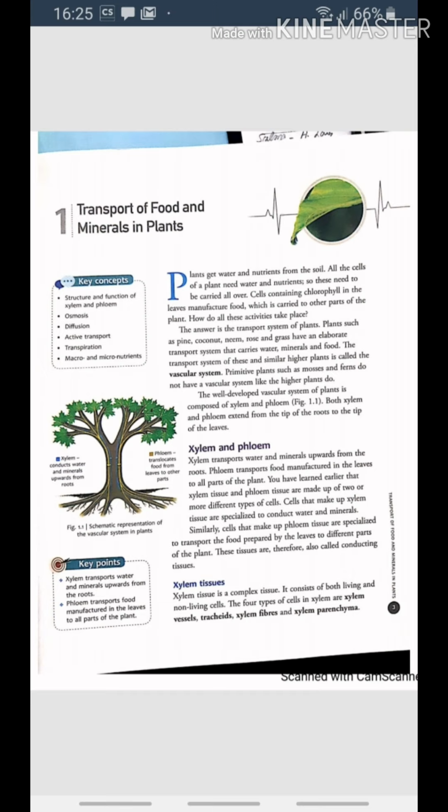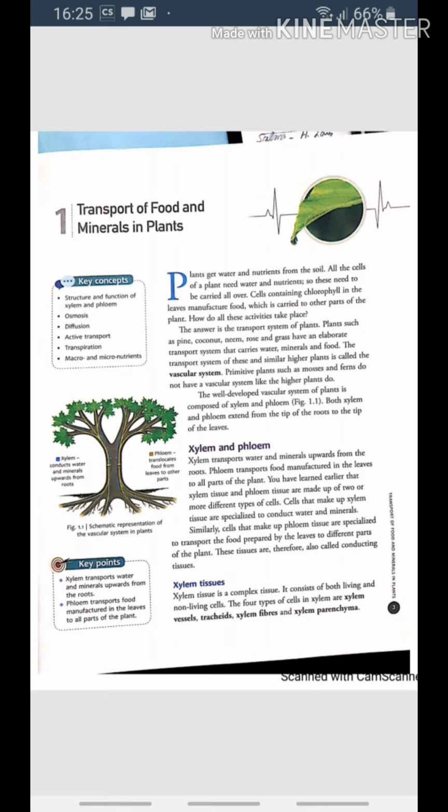Osmosis is the movement of water through a semi-permeable membrane from an area of its higher concentration to an area of its lower concentration. The concentration of water molecules in the soil is usually higher than it is inside the root hair cells. This causes osmosis to occur, and so water is absorbed by the root hair cells from outside.